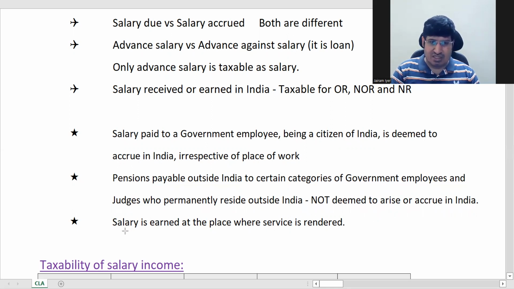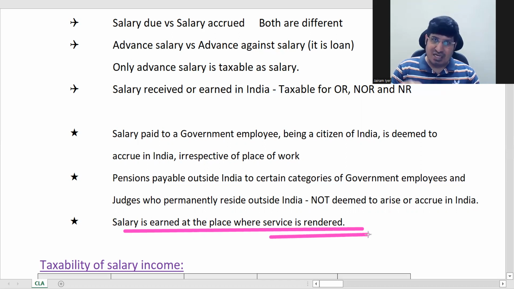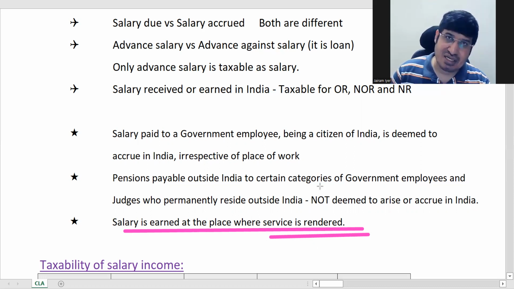और नेक्स्ट इज सैलरी इज अर्नड एट अ प्लेस वेयर सर्विस इज रेंडर्ड. ठीक है, ये भी हमको मालूम है, इंसिडेंस ऑफ टैक्स में हमने देखा था. जहां पे आप काम कर रहे हो वहां पे आप अर्न कर रहे हो. ओके, तो यू आर अर्निंग सैलरी एट द प्लेस यू आर वर्किंग एक्चुअली. ओके,